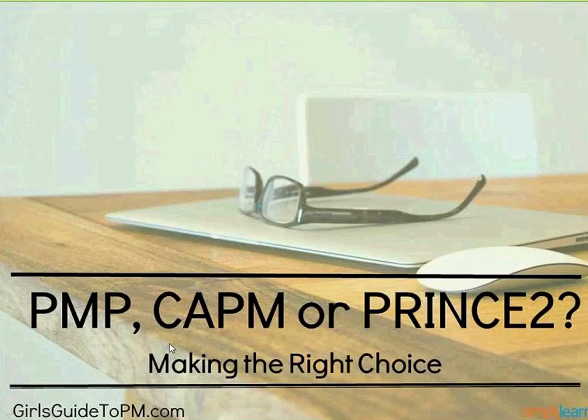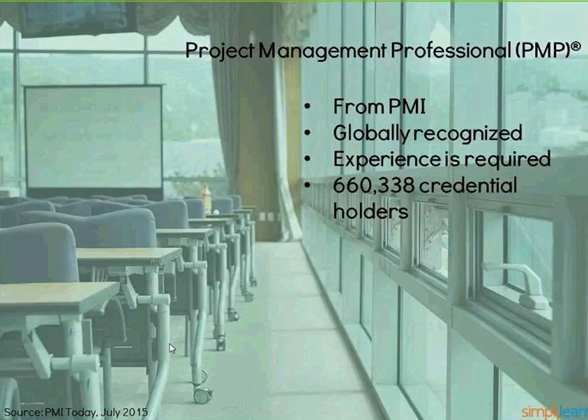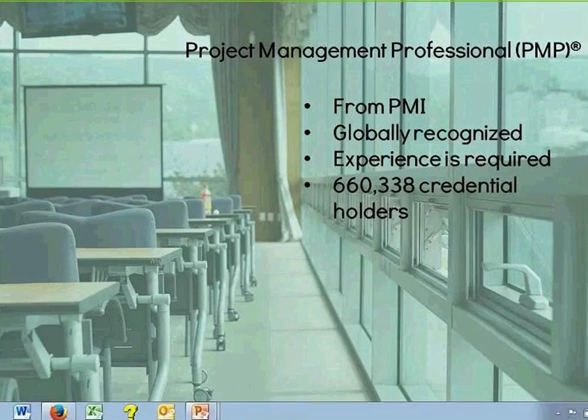So let's start with an overview of the different qualifications that we're looking at today. First, let's talk about PMP, the Project Management Professional qualification. As I'm sure many of you know, it's the premium qualification offered by PMI, which is the Project Management Institute. It's globally recognised, and in order to be able to apply for it, you need to have some level of experience working as a project manager. So the prerequisites for making your application are either a secondary degree, which is a high school diploma, an associate's degree, or the global equivalent,